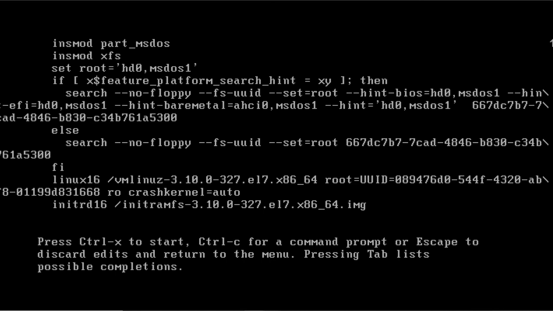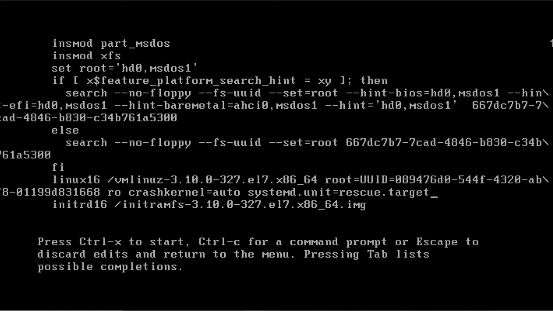This line is for the kernel. We go to the end of the line; for that, we just press Ctrl E. Then we add the command systemd.unit= and mention the unit which we want to boot. graphical.target is the graphical one, for the command line we have multi-user.target, and to go into rescue mode we have rescue.target or emergency.target. I want to go into rescue mode, so I will give rescue.target. So it will take me to the rescue mode.